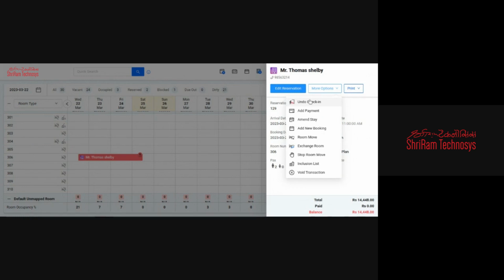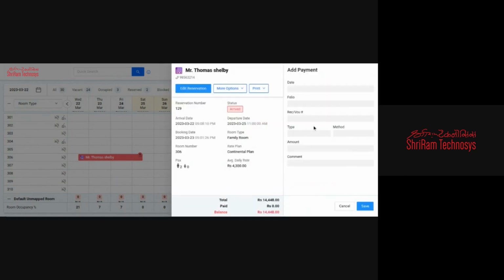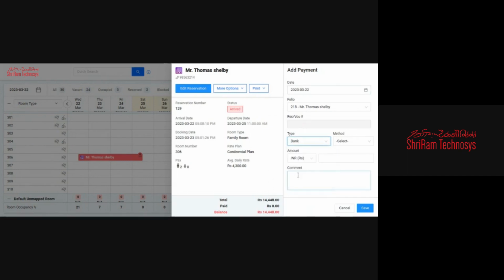And the second option here is add payment. So during the stay or at any point, if we are receiving any payment from the guest, we can post it from this option, add payment. Okay, so we can select the type, like in which way we are receiving: cash, bank,